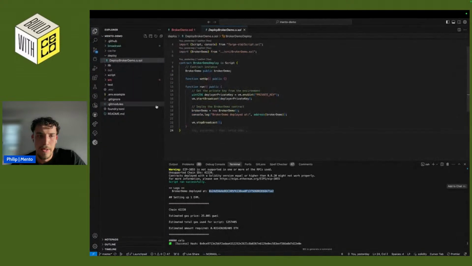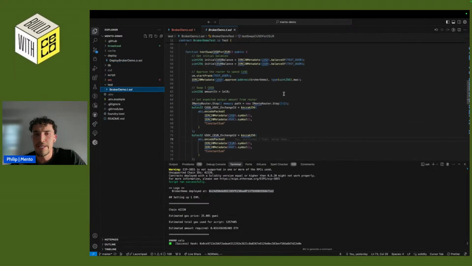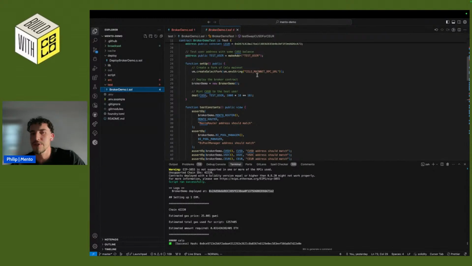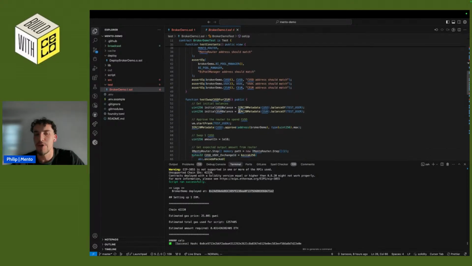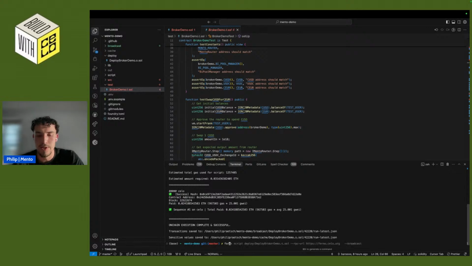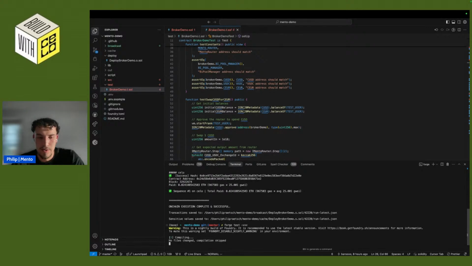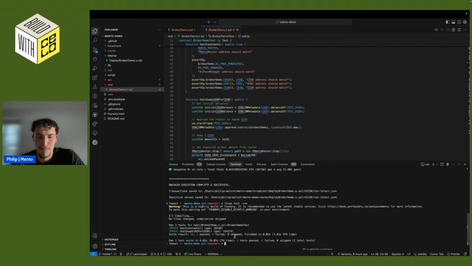So now, in case you guys want to test your smart contract, there's also some infrastructure that Foundry provides for this. Here, for example, we wrote a fork test. What this does is it forks Celo mainnet and then performs the test on top of the fork. Essentially here, I'm also just testing that the swap works and the funds end up at the end back at the trader account. We can also quickly run the test just to showcase how it's done. All right, everything green, so it looks good.